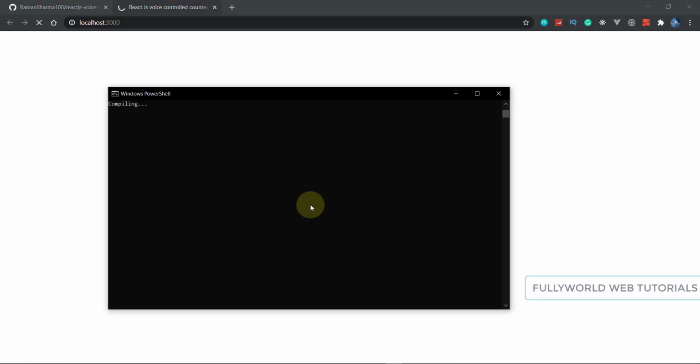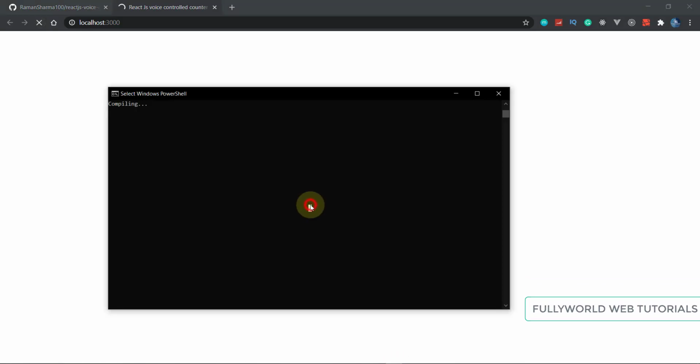So let's reload this. Until it is compiling, it will reload also. Let's wait for a while until it is compiling.